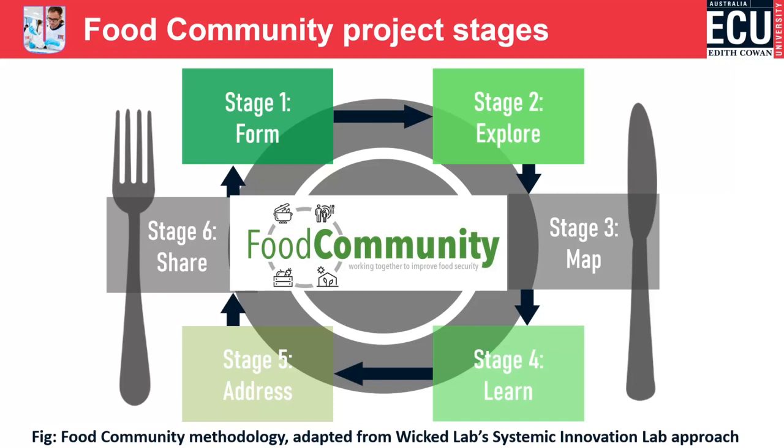And all of our interview questions are underpinned by systems change characteristics, so we can understand what the initiative is all about, who they are partnering with to deliver it, and then evaluate the work against systems change characteristics. Stage 3 is where we've uploaded the information onto an online mapping tool called the Tool for Systemic Change. And then stage 4 is where we are learning about the information.